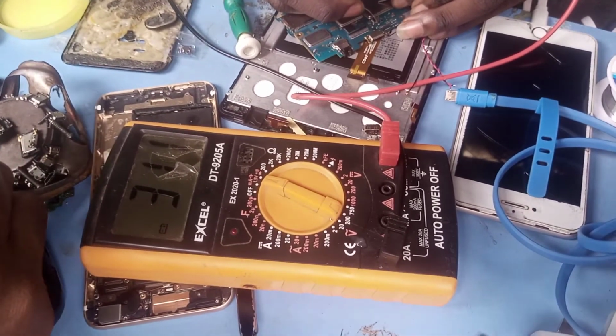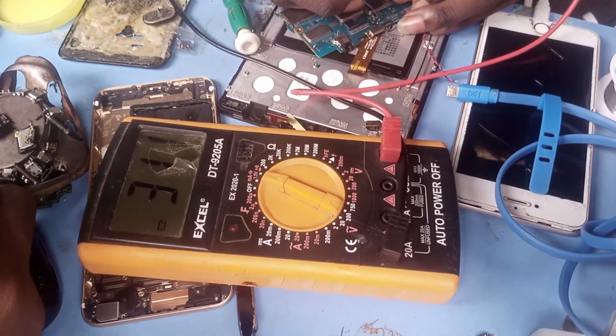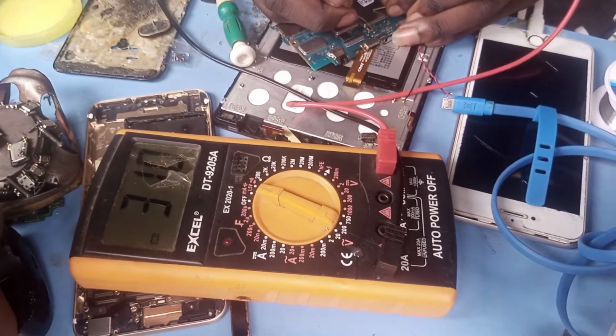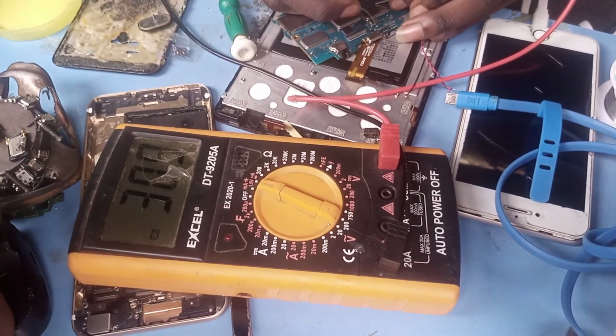Most phones you can get 314. Some tabs can get 315. But 313 is the normal charging for tab phones, for all tab phones. So what we will do here is